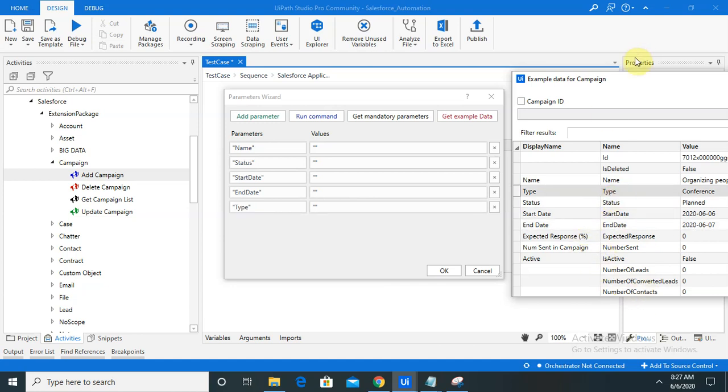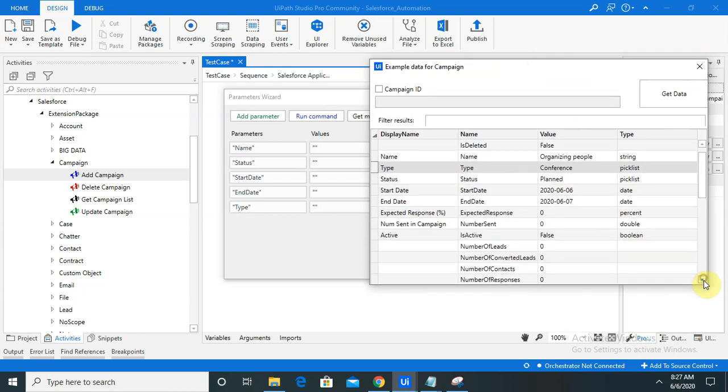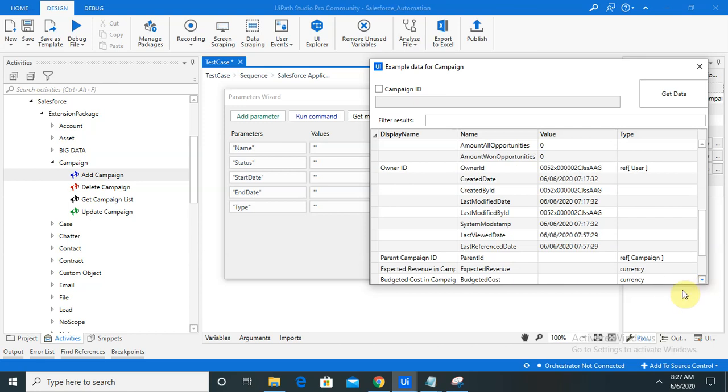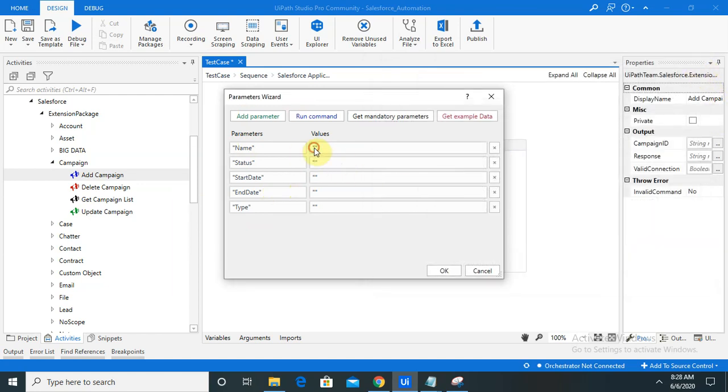So I am adding here. If you want to add any other information, it is also available for you and you can use it. If you want to add the owner ID, parent, all these details you can provide, description as well, but I want only these fields which are added in my campaign list. Let me mention the name here as